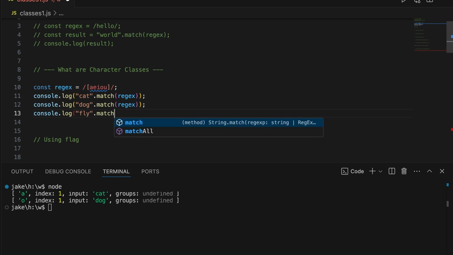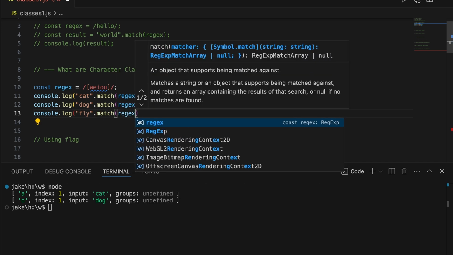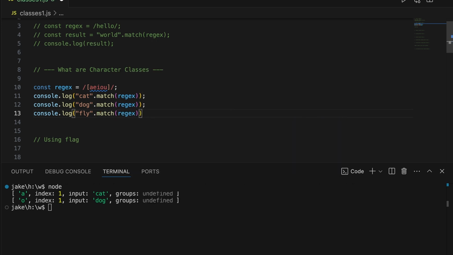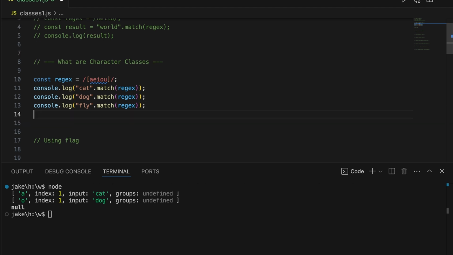Fly.match, whoops, match. It's really hard to type and speak at the same time. Okay, so match, and then we will output that, and we can see we get a null because there are no vowels in fly. So now what if we've got a word that's got multiple vowels in it within our character class? Obviously we're just looking for one vowel here, but what if we've got a word like,